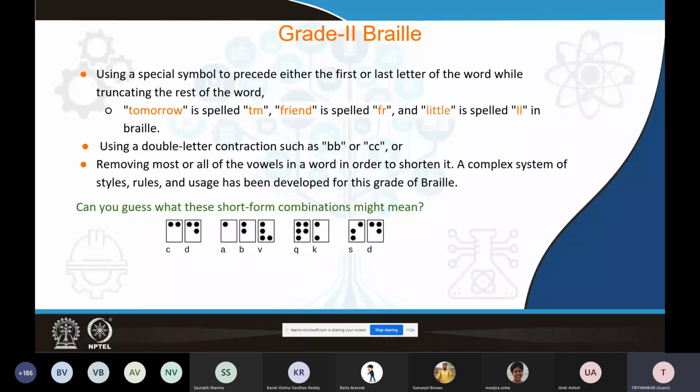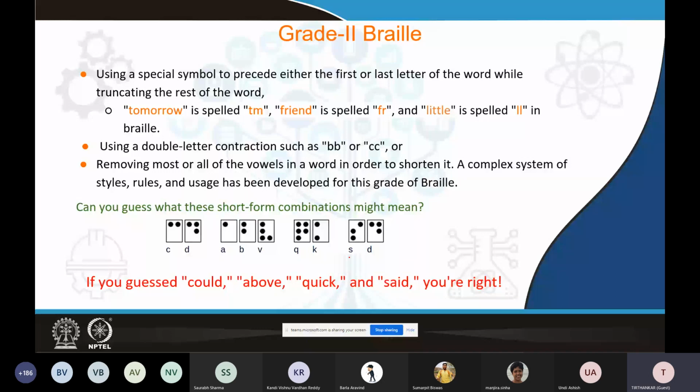Can you try for some time? Okay. So if you have guessed CD as could, ABV as above, QK maybe quick, yes, and SD said. I mean,